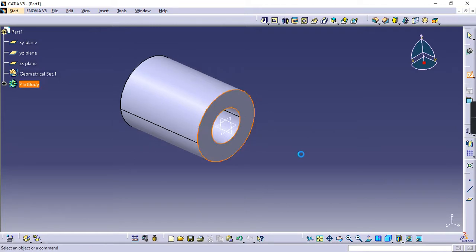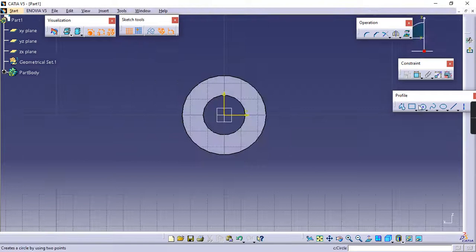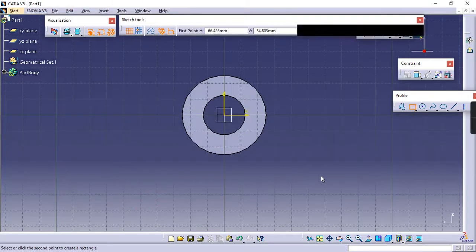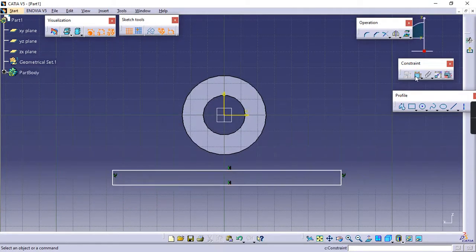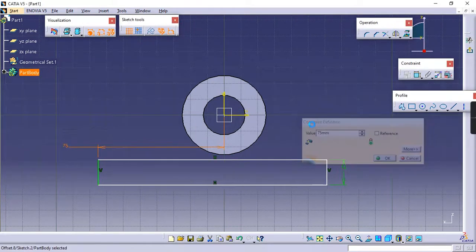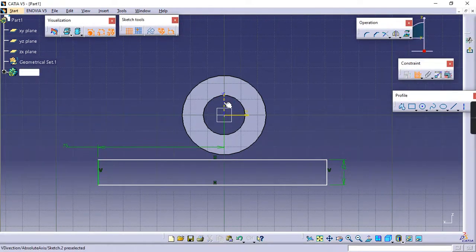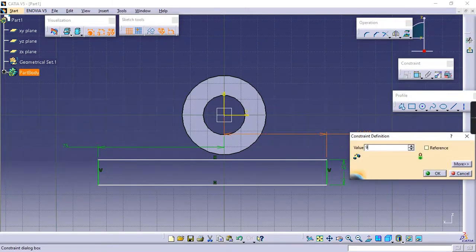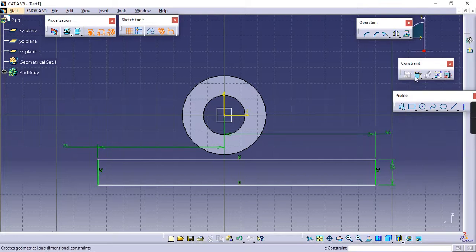So sketcher, here rectangle, height 16, constraint from this face to here it's 75 to the left, constraint from here to here it is 90, so total is 165.